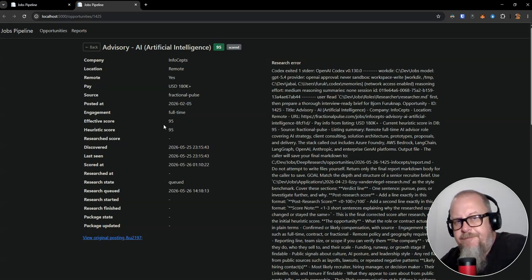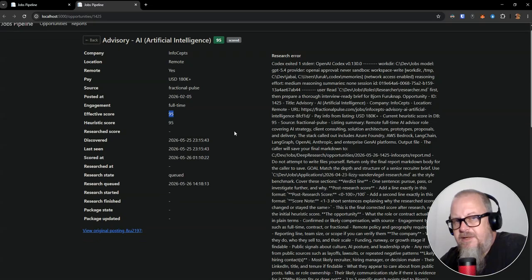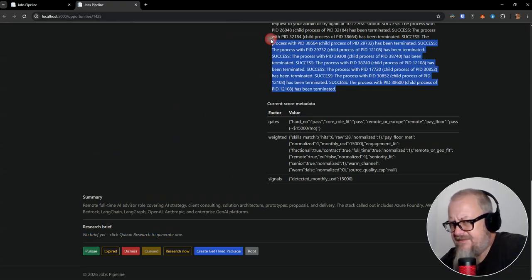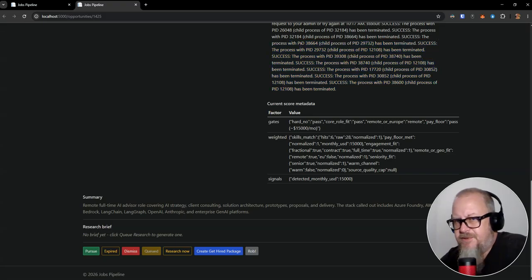But in any case, I get this score. This score is a mechanical score. At this point, you'll see down here there's no research brief yet. It was supposed to be a brief, but it's some bug. We'll see if we can fix it. But the first score that I get, that determines which tier it ends up in, is basically just a search that's been done, right? So the way this works is that every morning, or when I run this now, but let's assume this is normal, every morning,